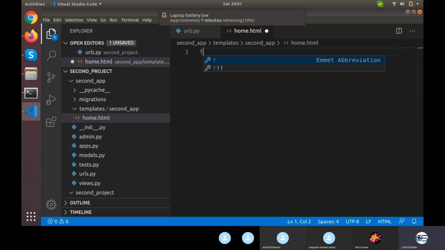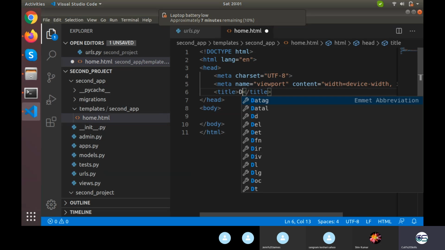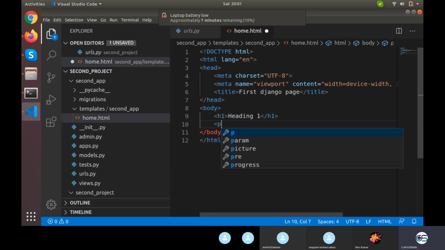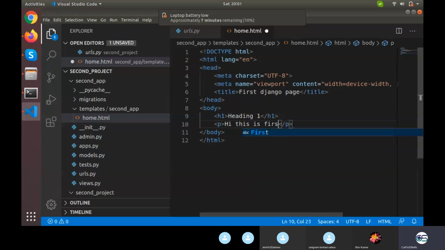I need the entire doctype, with the title to be first Django page, with the body having, suppose, h1, heading 1, and a p tag. Hi, this is first Django page.